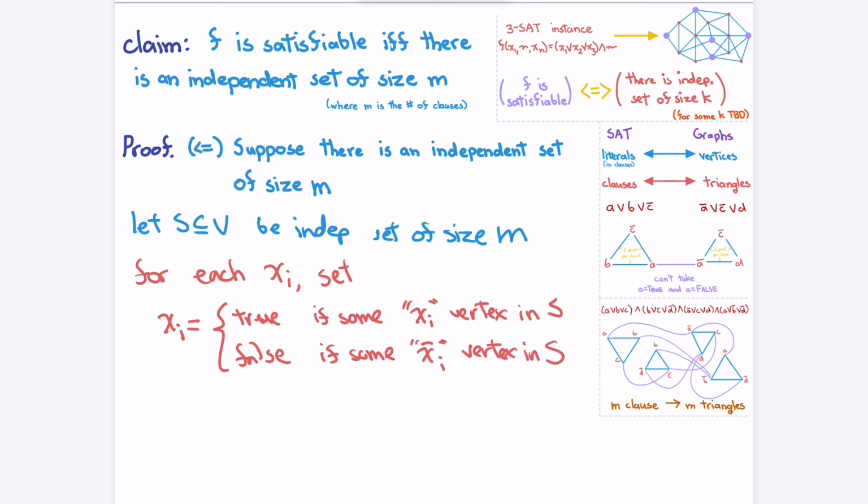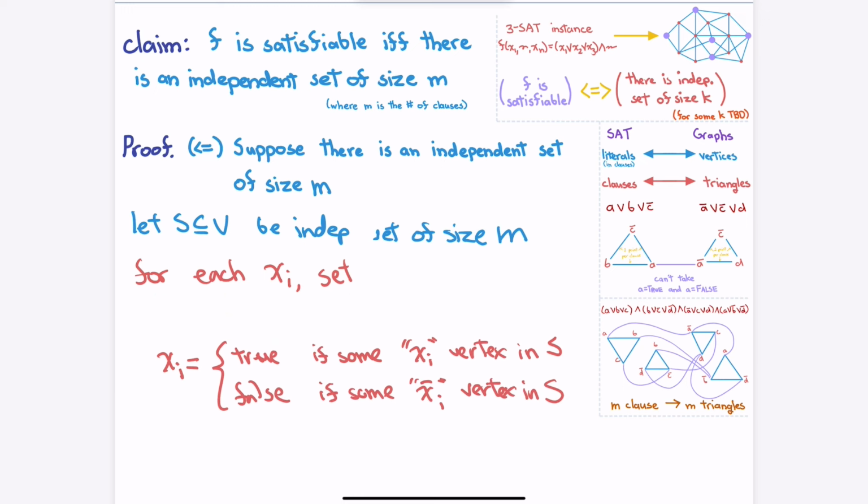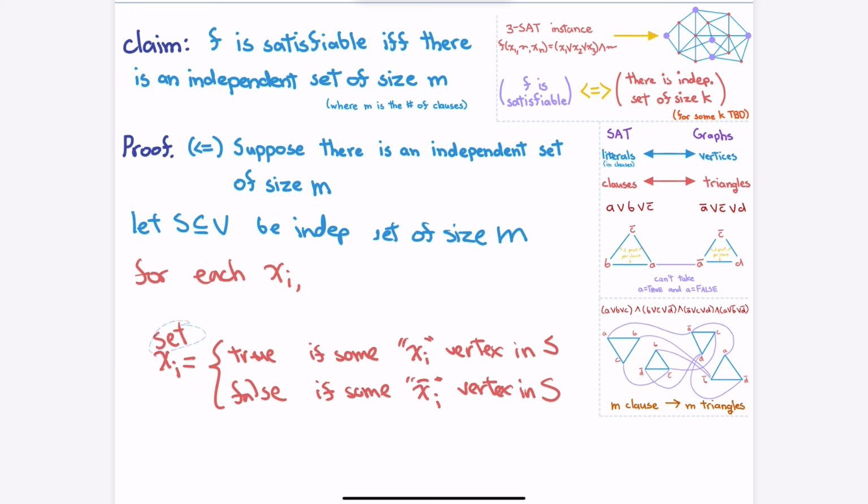That's okay. Maybe it's worth pointing out first that S can have xi vertices or the not xi vertices, but not both,